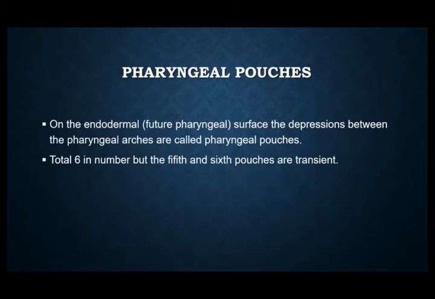And as I told you earlier, the inner side of the arches is lined by the endoderm. So what are pharyngeal pouches? These are depression-like structures present on the endodermal surface in between the adjacent pharyngeal arches. ठीक है. So उसी तरह से इनका भी total number जो है वो 6 होता है, but the 5th and 6th are transient as they are going to